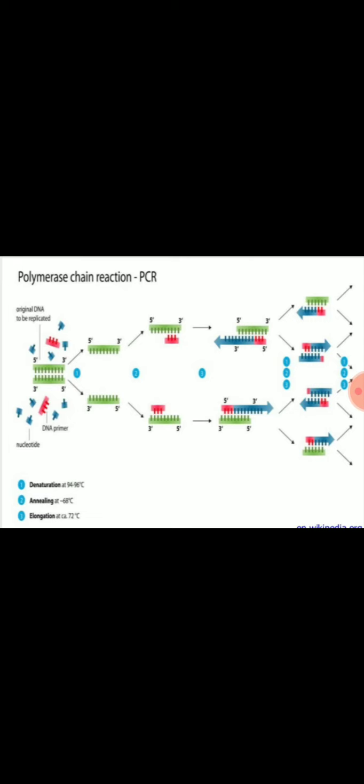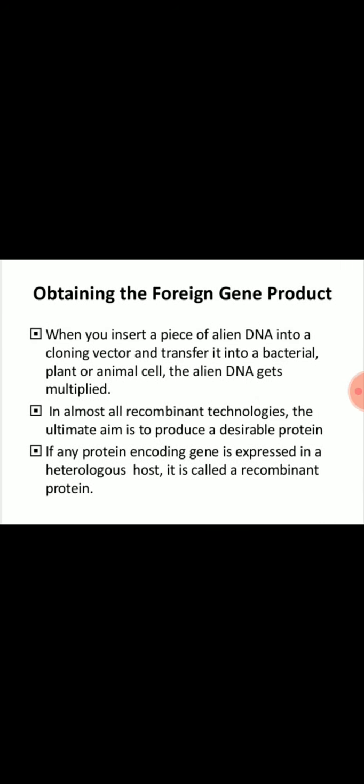Taq means Thermus aquaticus, and in this way, from one copy of the human insulin gene, we can produce many more copies of the human insulin gene. Okay, we can produce many more copies of our foreign gene or gene of interest. Further, these copies of the gene of interest are transformed into the vector. This vector is transformed into the E. coli, and E. coli further produces the insulin.